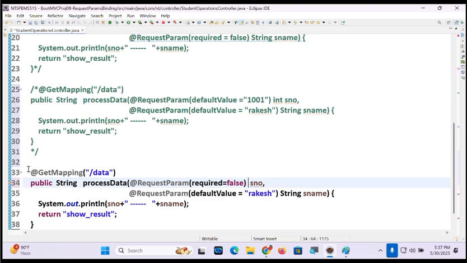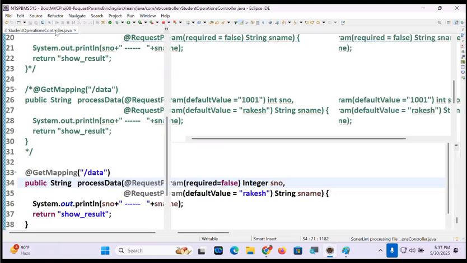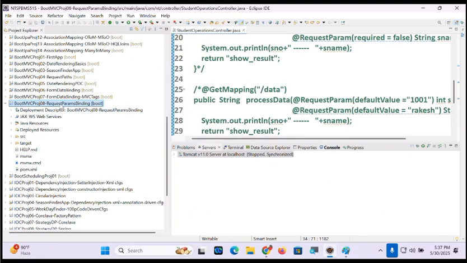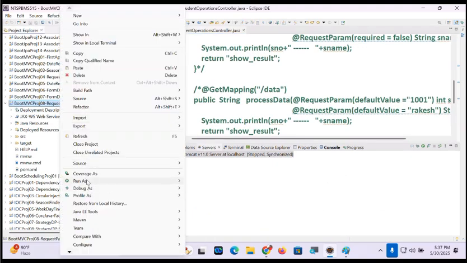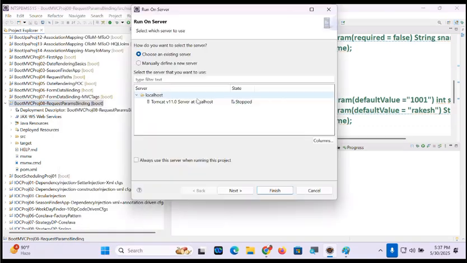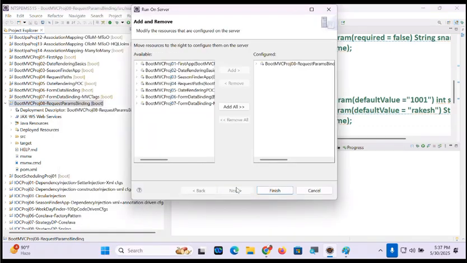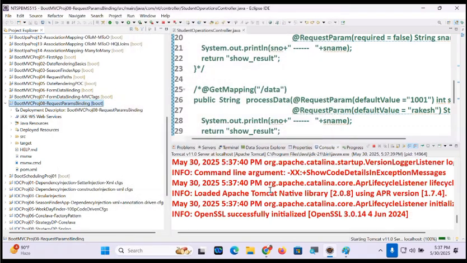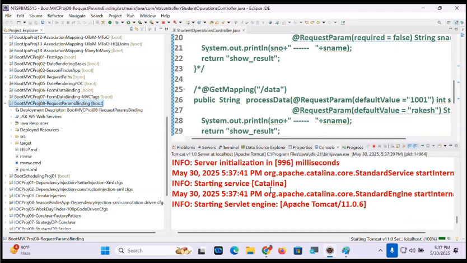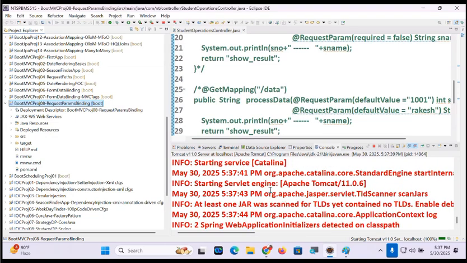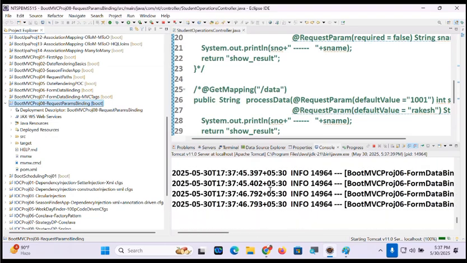Here, what is the type? Integer, wrapper type Integer. Right click, run on server, say next, say finish.